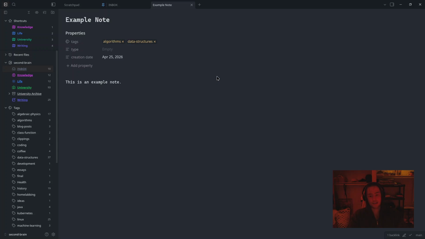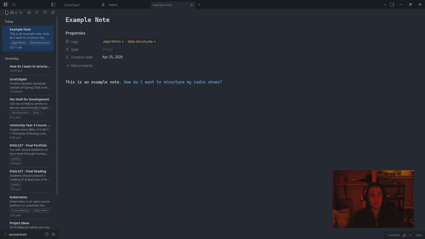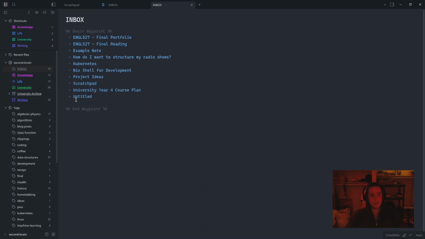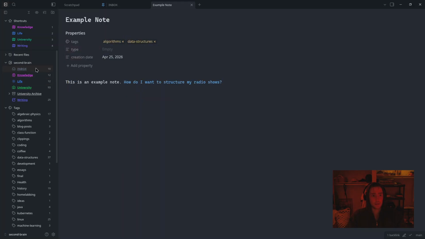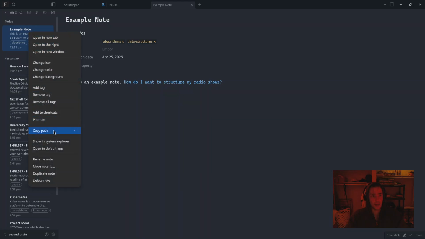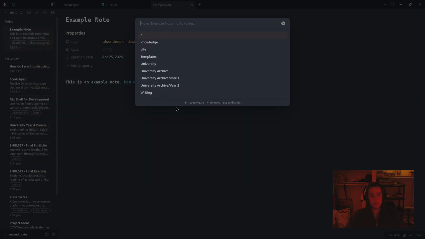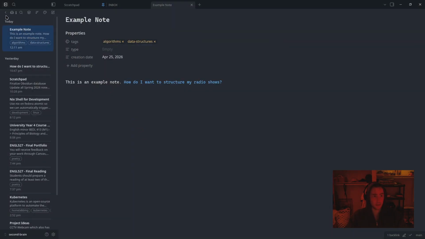And then, I can link it to other notes if I want to, like that. Or I can just do whatever I want to do. But that stays in the inbox, as you can see right here, until I'm ready to find an actual spot for it. And then once I know where I want to move it, I can just send the example note and I can just go over here and I can just move the note to one of these other directories or